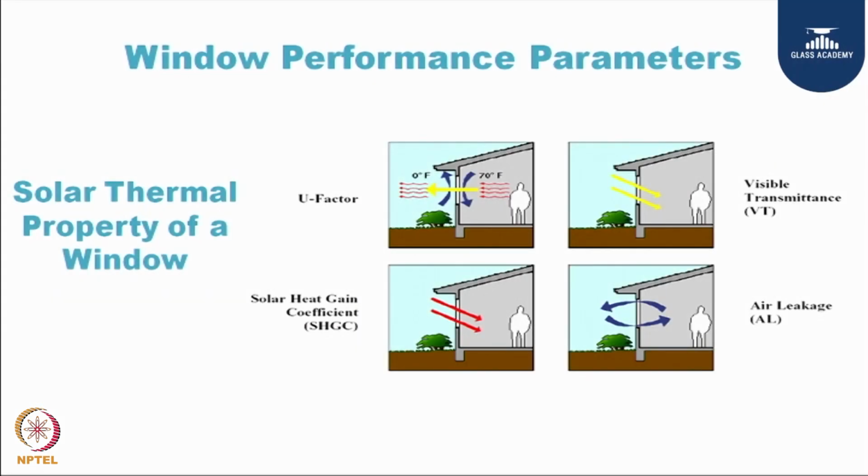So, once you have done this designing of windows with 3 parameters, how do you know that your windows have performed to the levels, or how do you measure the performance of these windows? Internationally there are 4 parameters which are used for measuring window performance. We talk of U value, SSGC, VLT and air leakage. Using these 4 parameters you can define the performance of windows.